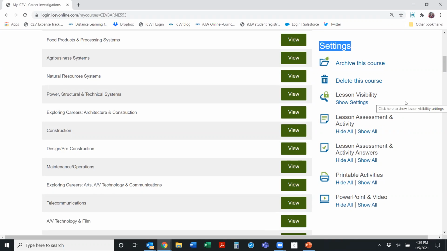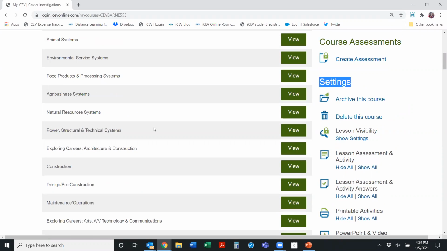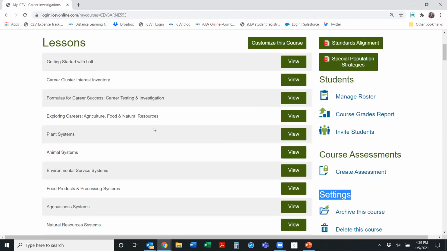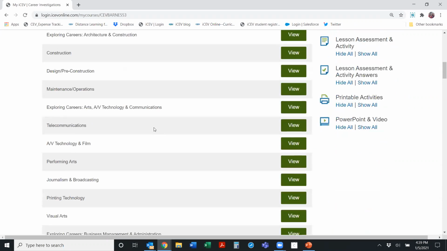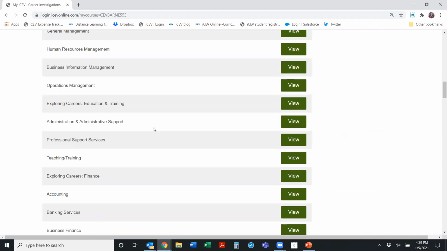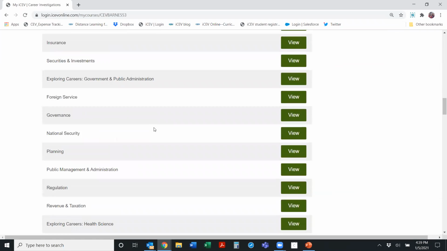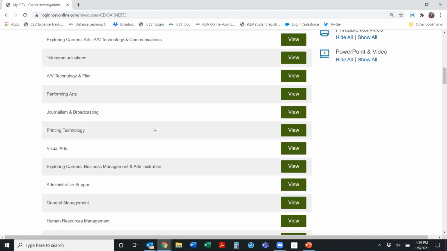But I also wanted to show you this area over here called settings. Do you remember earlier that I think I was referring to April that you could hide lessons from your students? Let's be honest. If your students were to log in and see this entire list of lessons, they'd freak out, they'd start whining, and then they'd start asking tons of questions.